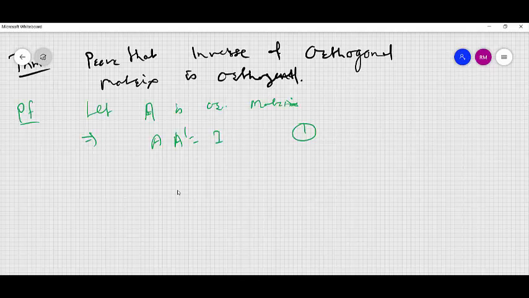As we already studied, the inverse of an orthogonal matrix is equal to the transpose of the matrix. So A inverse is equal to A transpose. This also we have studied. And A is an orthogonal matrix means A dash A equal to I equal to A A dash. This also note that. So from 1